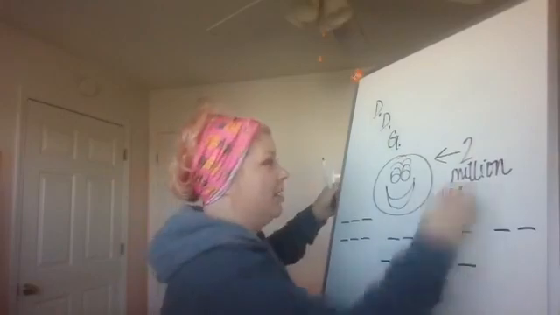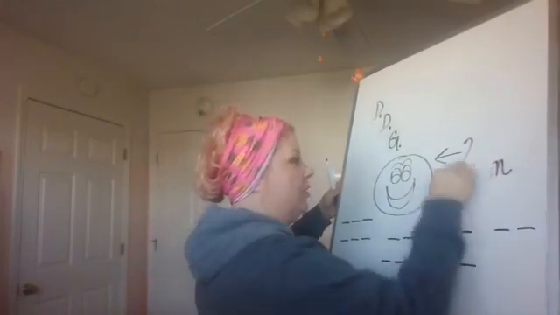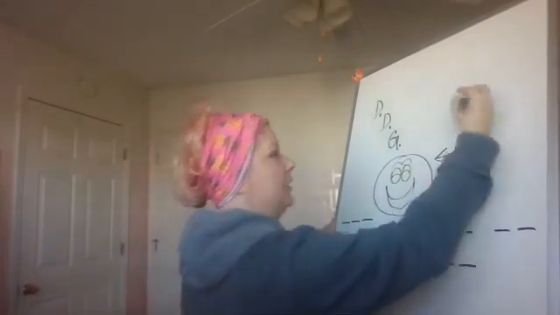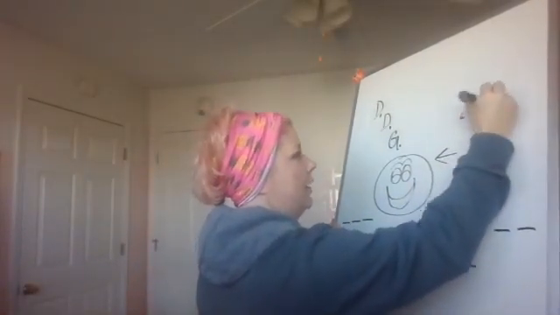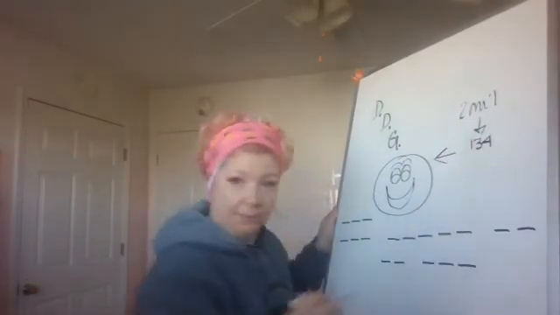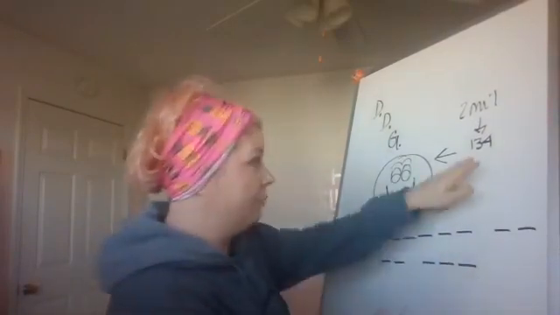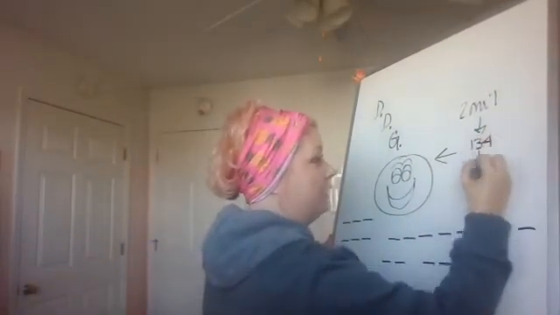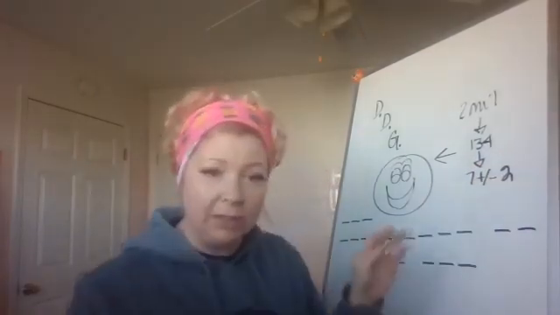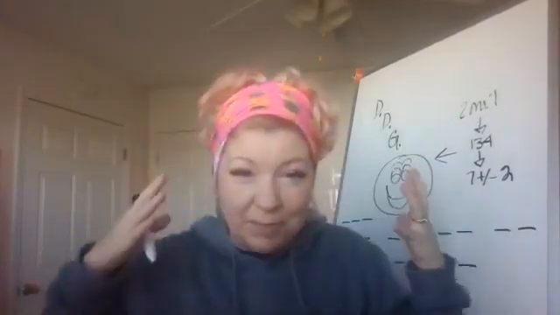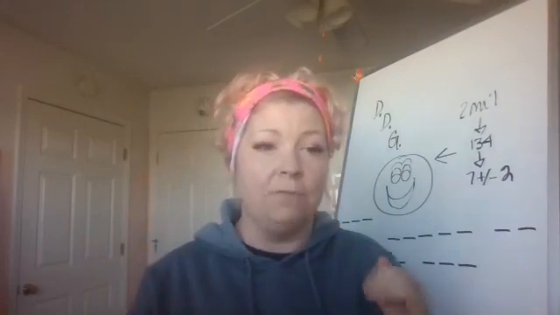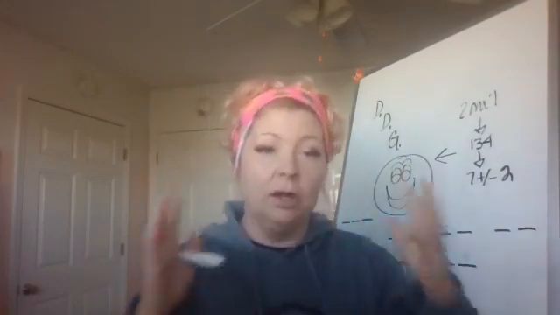Okay, so we have 2 million pieces of information. I'm going to move this up because if you're a visual learner like I am, it'll make more sense. This breaks down into 134 pieces, and then we break that down into 7 plus or minus 2. So we have 2 million pieces of information coming at us all the time, and we break it down into 134 pieces by our filters.